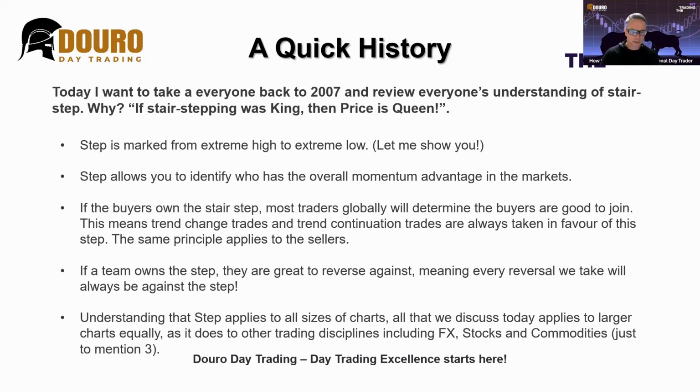Now, point number 4, guys, if a team owns the step, they are great to reverse against. So if the buyers own the stair step and they run out of steam, we want to be reversing against that, and vice versa. So basically, we're joining the team that's really strong until they fail, and then we're dumping them when we're joining the other team. Doesn't sound very friendly, but it just happens to be really, really profitable, guys, if you are a professional trader,